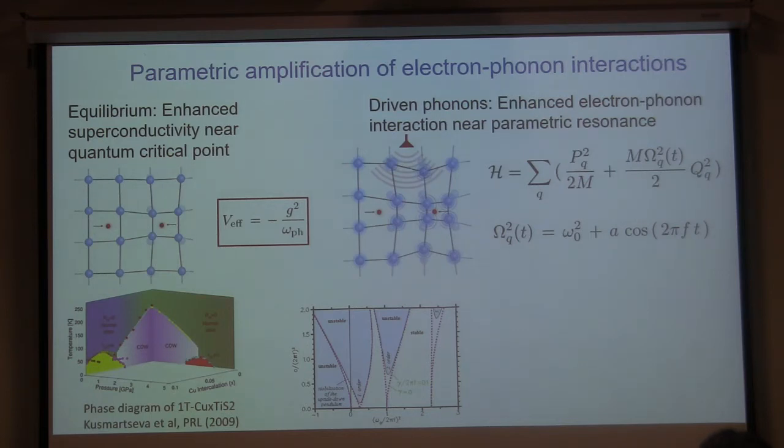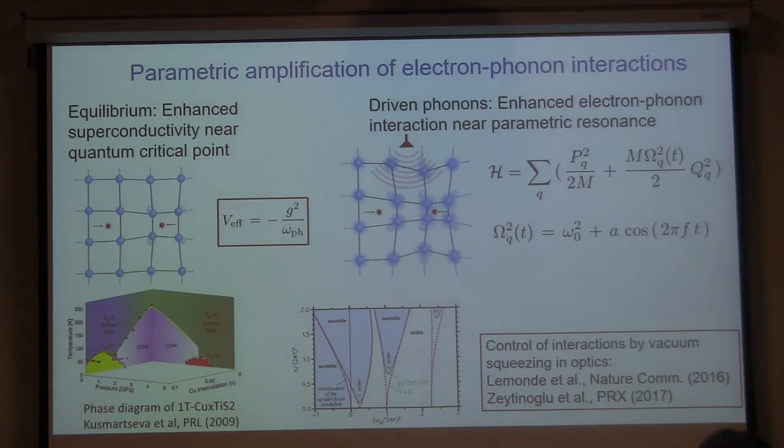Another question. Okay, actually, interestingly, we sort of rediscovered an idea that has been known before to people who work in optomechanics. It's a trick they came up with when they wanted to amplify interaction between photons and phonons. What they realized is that in order to make the interaction larger, they just have to turn either photons or phonons into a squeezed state. And that's effectively what we're doing by parametrically driving phonons: making a squeezed state of phonons, which makes the interaction with electrons larger.